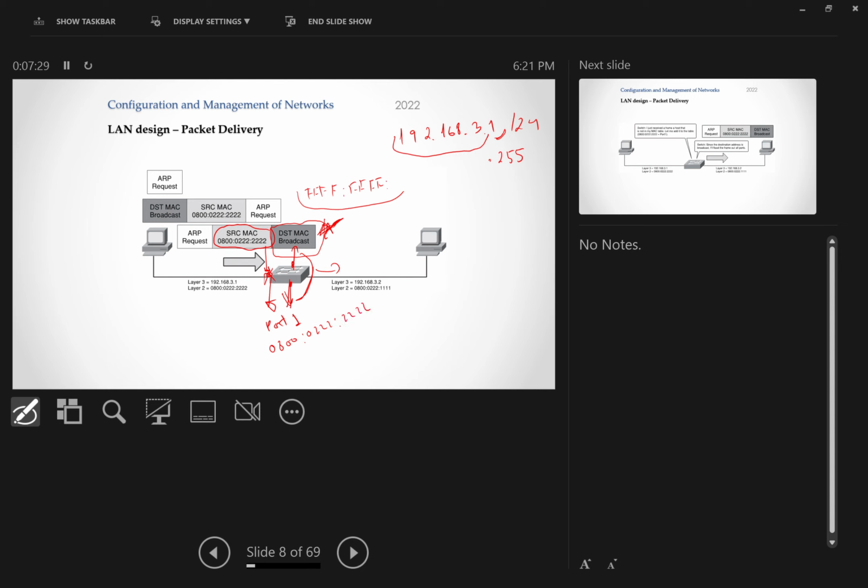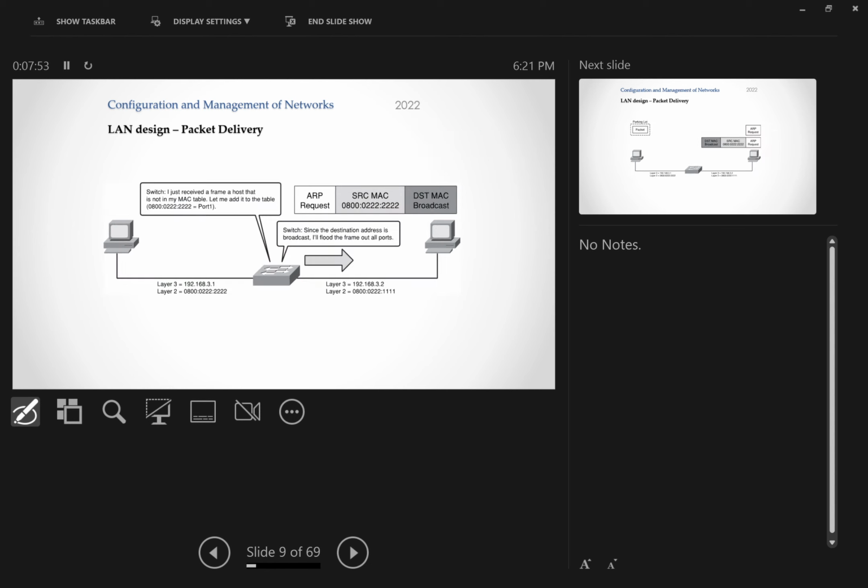Okay, this MAC address is mapped to port 1, because I already received here a frame where this was the destination address. So if this was the destination address and this arrived through port 1, this means that I can reach that address through port 1. Okay, so this reaches the other side,